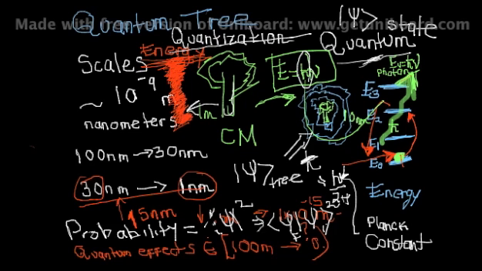The discretization in the wave function appears when you put the wave function inside a potential, in order to solve the differential